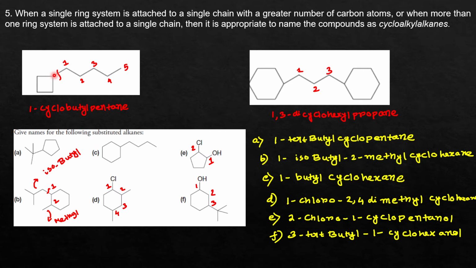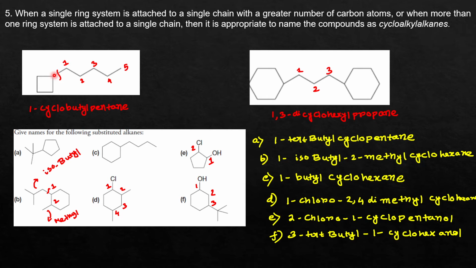Okay, and then you have to number in such a way that the second substituent should get the lowest number possible, which is only possible if you go through the clockwise direction. So you can see that the position of the second substituent is number 3. Okay, so that's why 3, then the name of that substituent, that is 3-tert-butyl, then the position of this